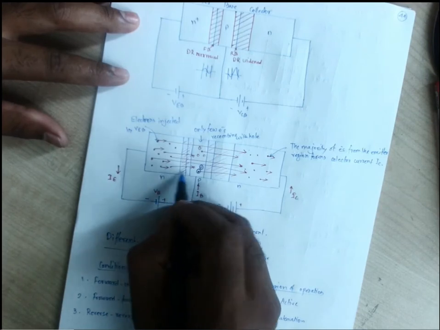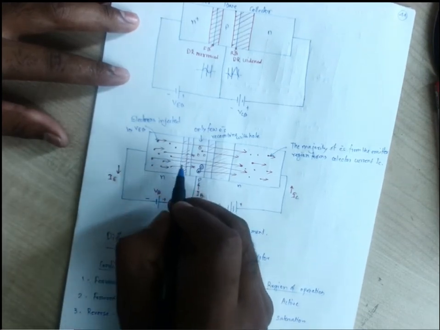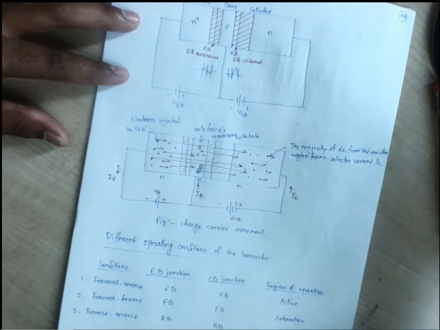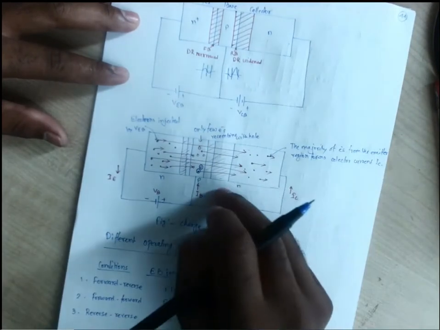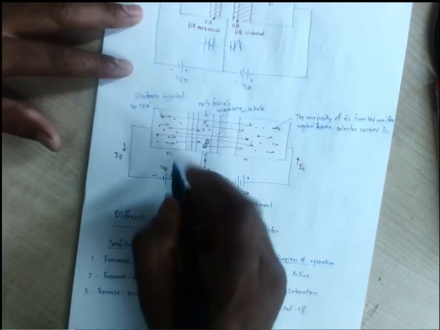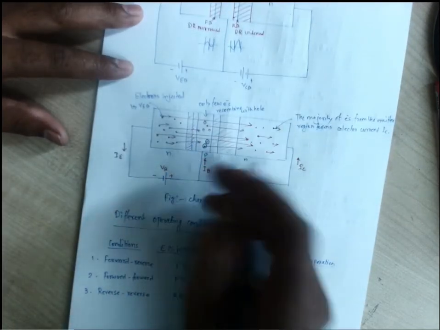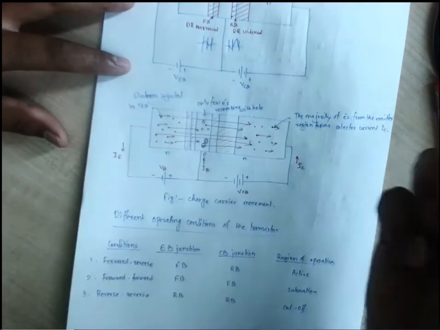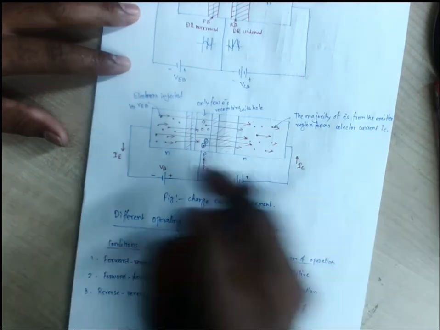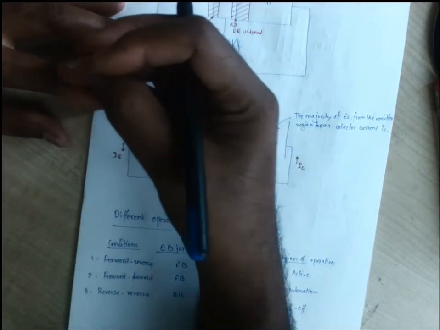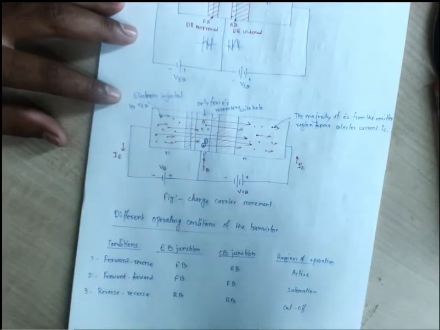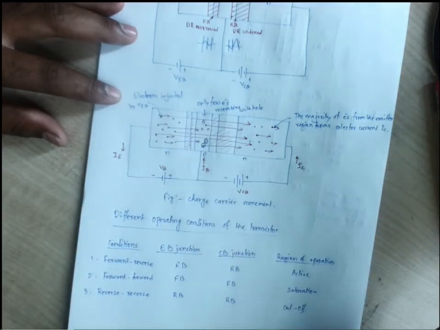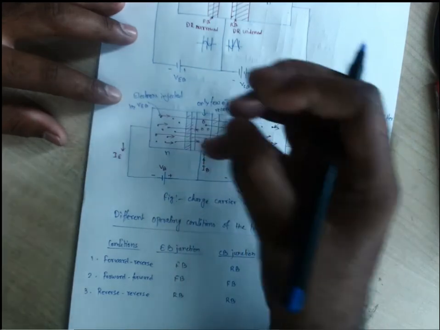Before that, here this is the input side, and it is given the forward bias. This output side is the collector, where the charge carriers come out, and it is given the reverse bias. This forward bias supports the charge carriers to move inside the transistor. Due to this forward bias, the charge carriers get injected into the emitter base junction, and on the output side these charge carriers are taken away.